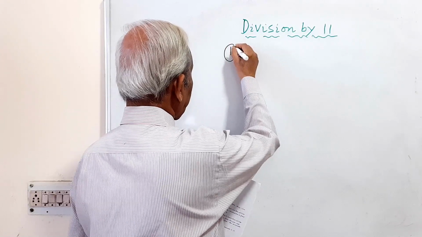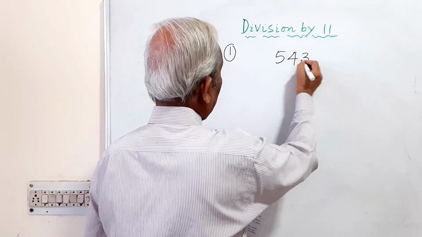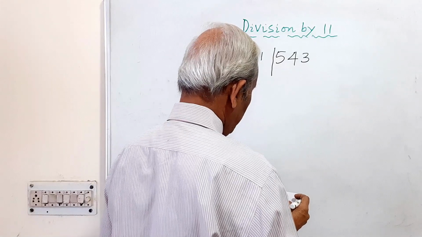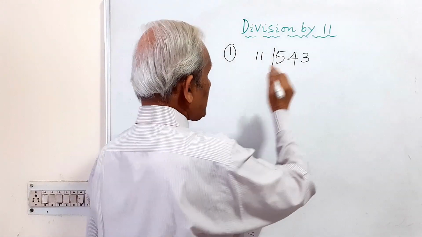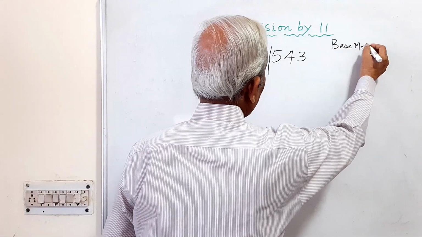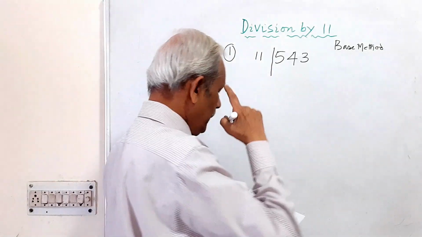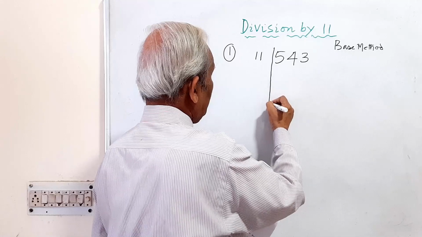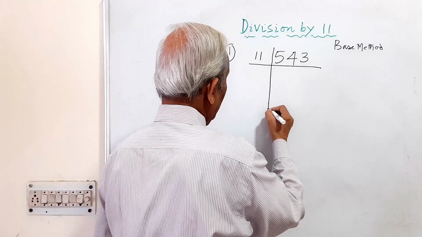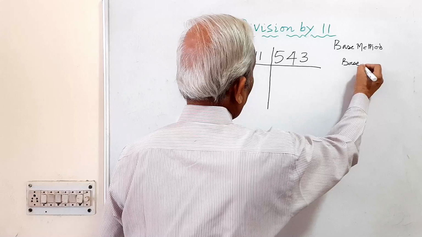First question: 543 divided by 11. Please listen to me very carefully. We are using the base method here. So you remember that when you divide this by 11, you can just put a line like this, and here the base is how much? Base is 10,